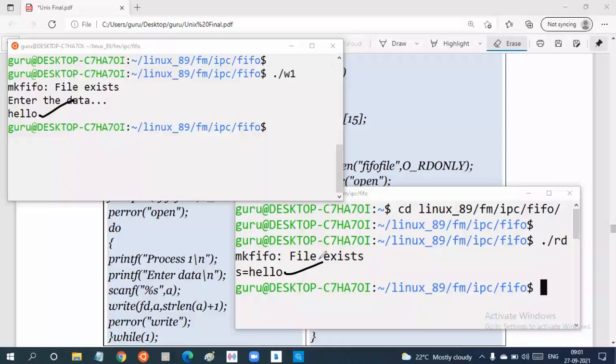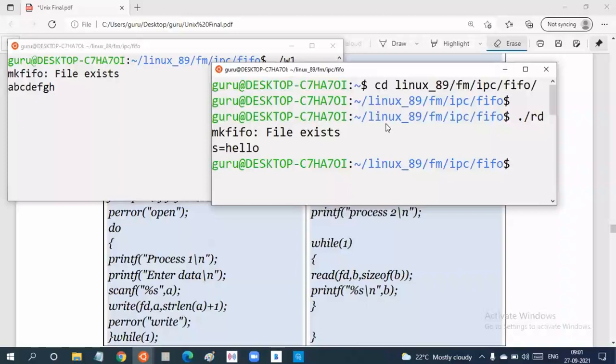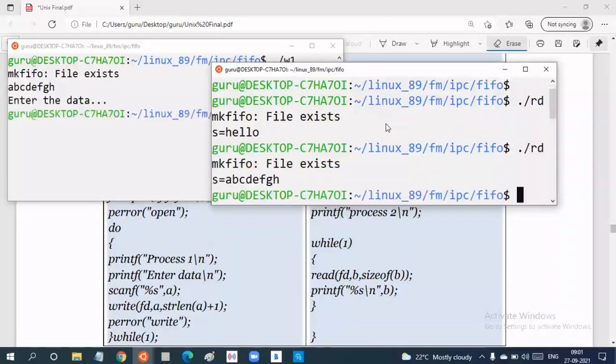So tomorrow there are many more things we need to discuss about this FIFO: full duplex communication, half duplex communication, simplex communication, and the functions also. Suppose the writer writes first. Good question here. I'll show you that. Suppose here I write A B C D E F G H, okay, then if you read it,